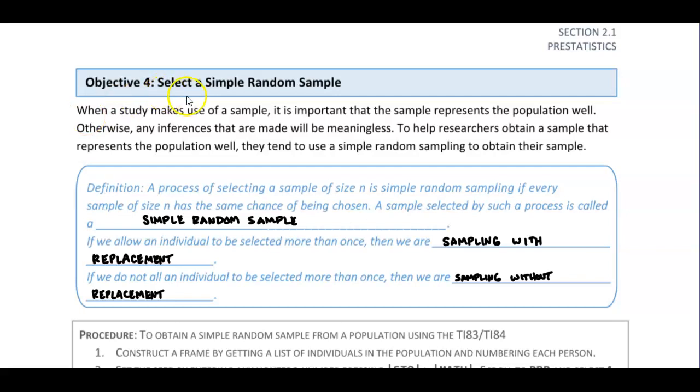Objective 4. Select a simple random sample. When a study makes use of a sample, it is important that the sample represents the population well. Otherwise, any inferences that are made will be meaningless. To help researchers obtain a sample that represents the population well, they tend to use simple random sampling to